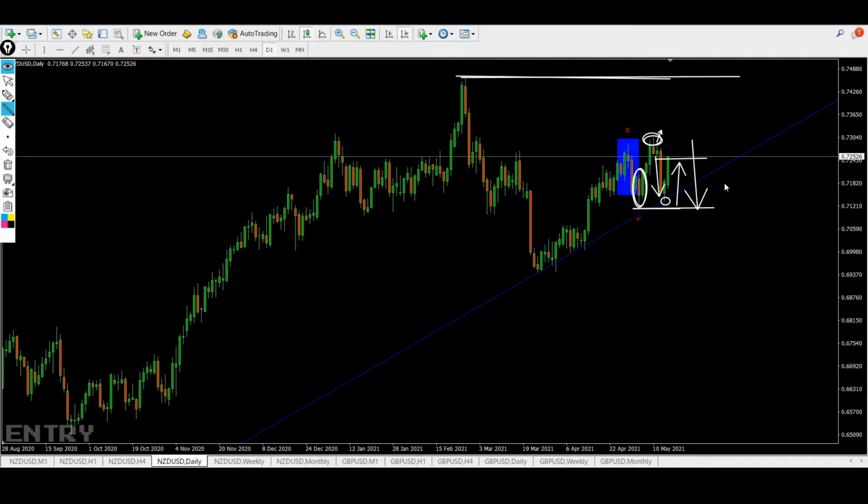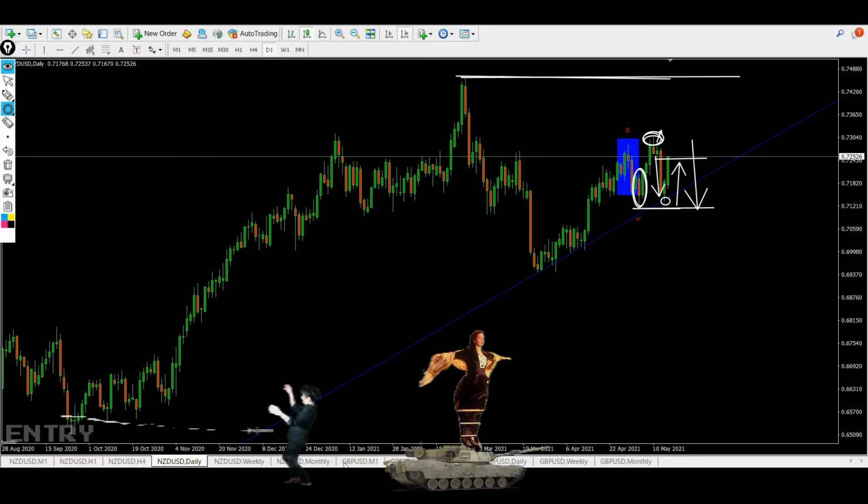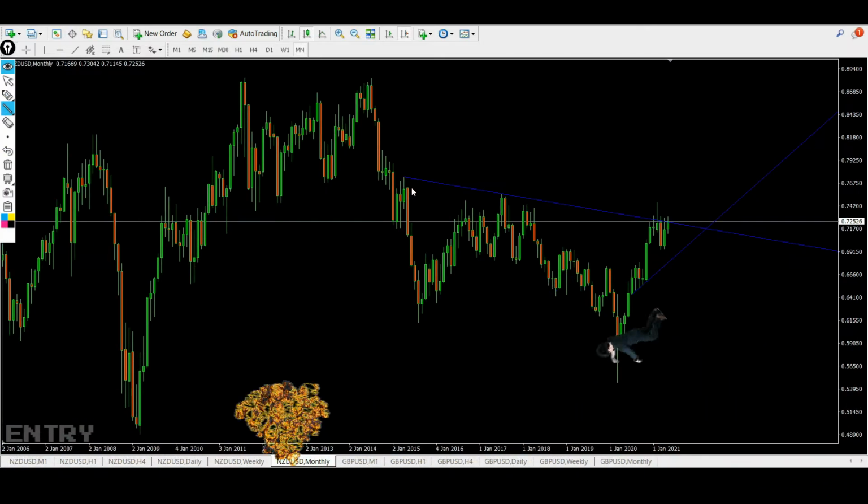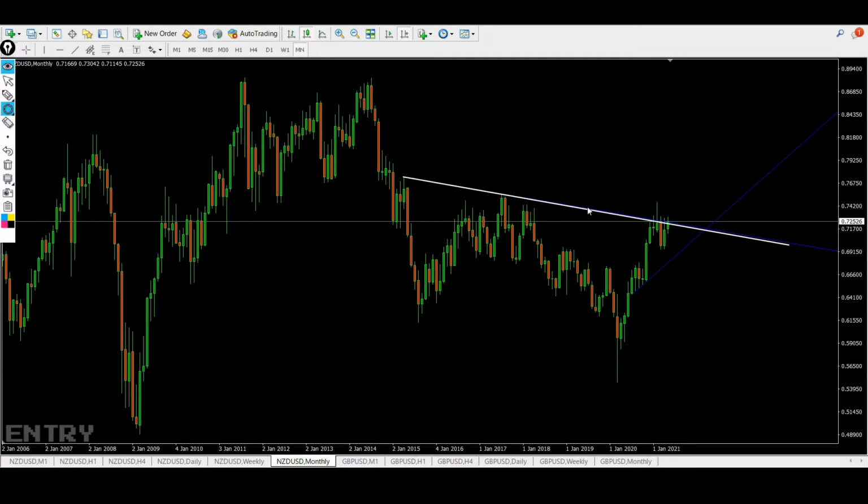Now for those of you that didn't see my midweek analysis, let me explain what showed me that there's weak long price action in this area. So first we'll go over to the monthly chart. Alright, so on this monthly chart, try drawing this trend line from this pivot to this pivot right here. Now this trend line is relatively strong. It has 1, 2, 3, 4, 5, 6, 7 touches on it. Moreover, there is a